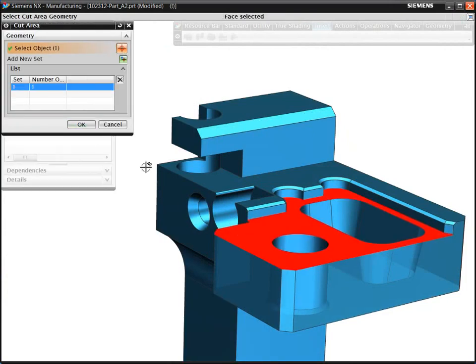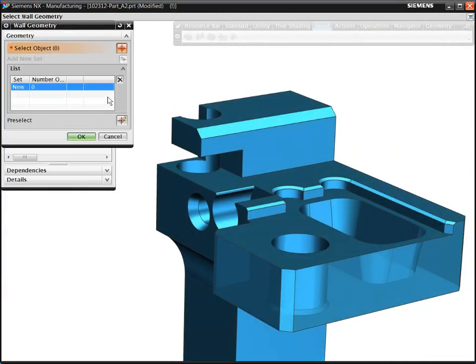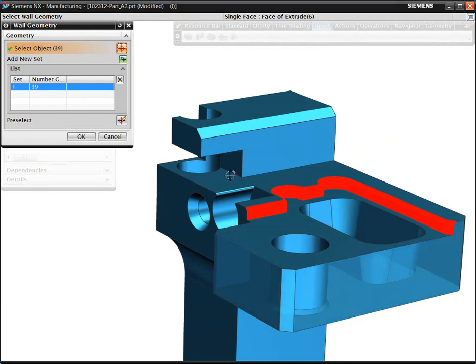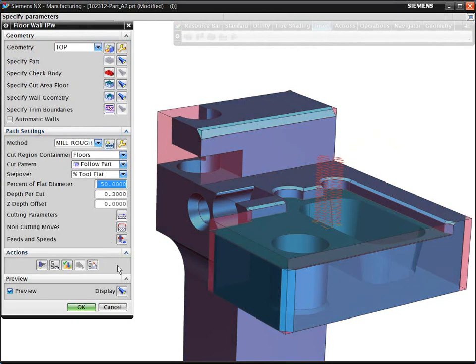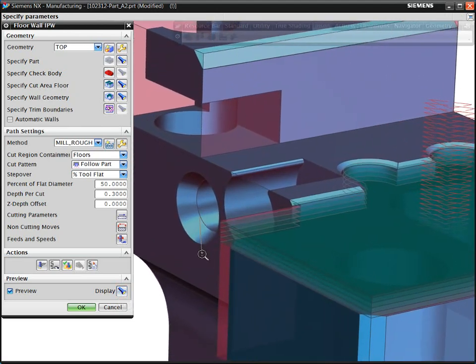Instead of needing multiple boundaries to contain an area to be machined, the volume-based milling lets you select floors and walls, and then NX-CAM calculates the proposed machining volume using the current stock model. Before you decide to accept an operation, the system displays the intended cut levels within the identified volume. If satisfied, you can accept and generate the toolpath.